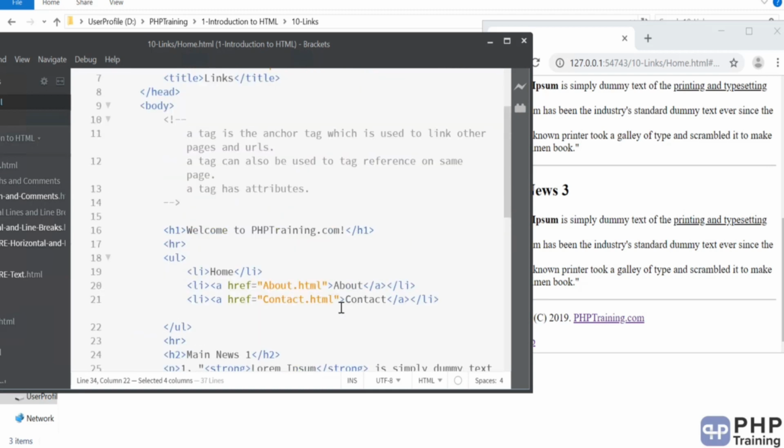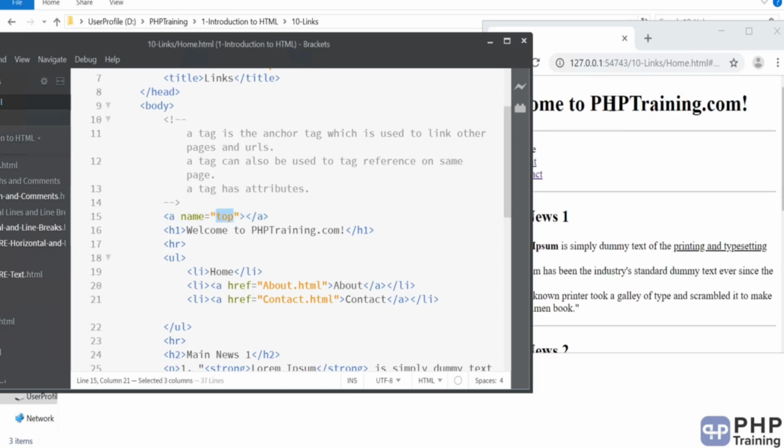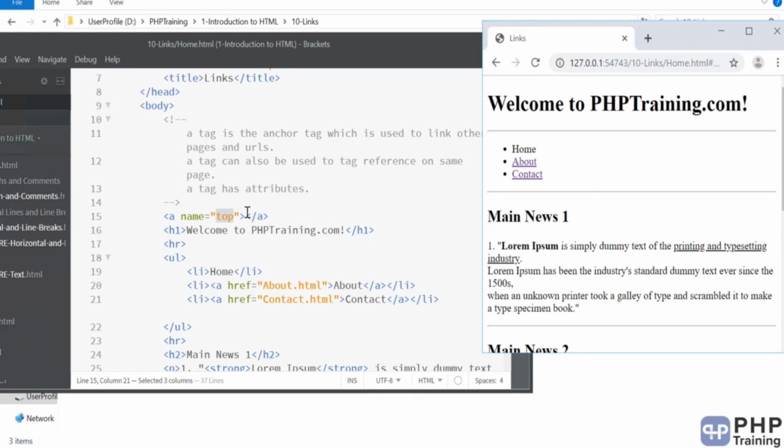Okay, so let's define that anchor as well. So how do you define an anchor within the same page? This is basically a reference you are putting inside your page, so that when someone wants to go to the middle of the page, the bottom of the page, or from the bottom go to the top of the page, you can handle it via these anchors. Okay, and then you don't put any text inside it because that will be visible. You don't want any anchor to be visible, you want it to be invisible, so you don't put any text inside it. Now you have this anchor name defined somewhere on the top, right? It's invisible because you haven't put any text.